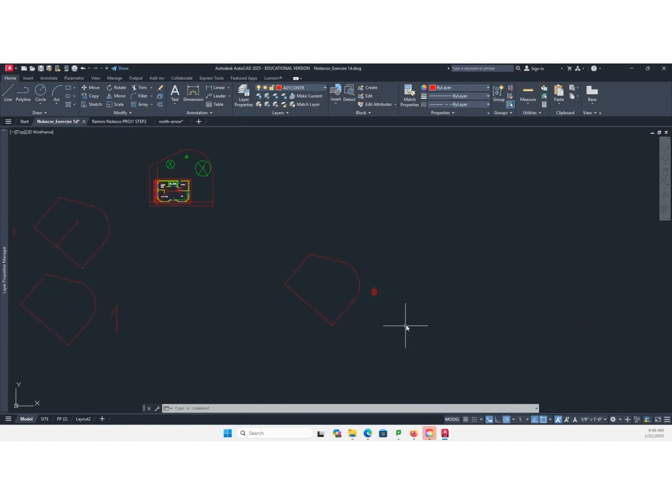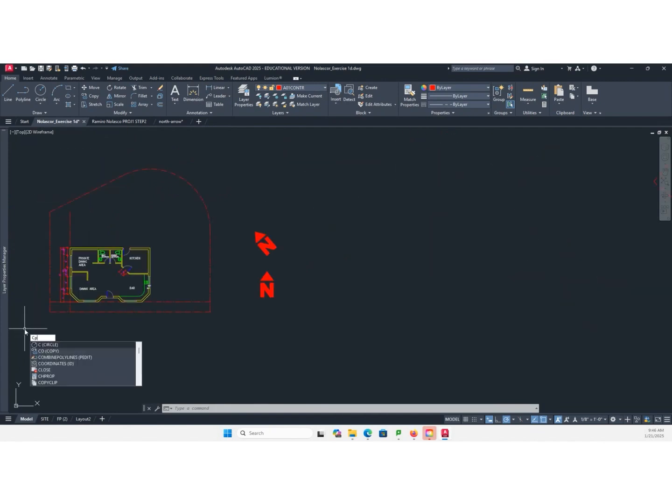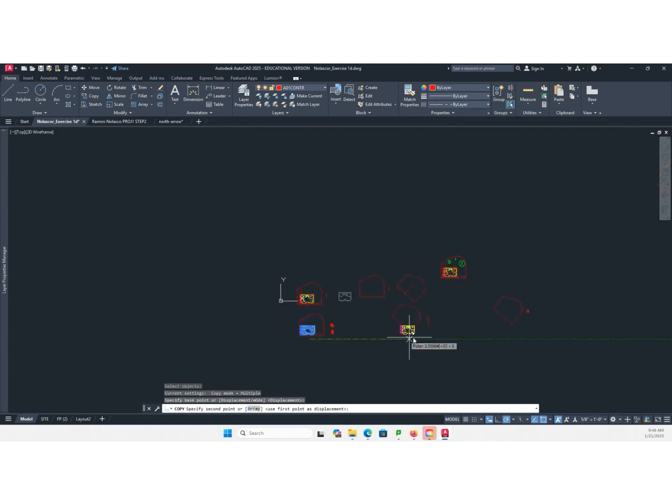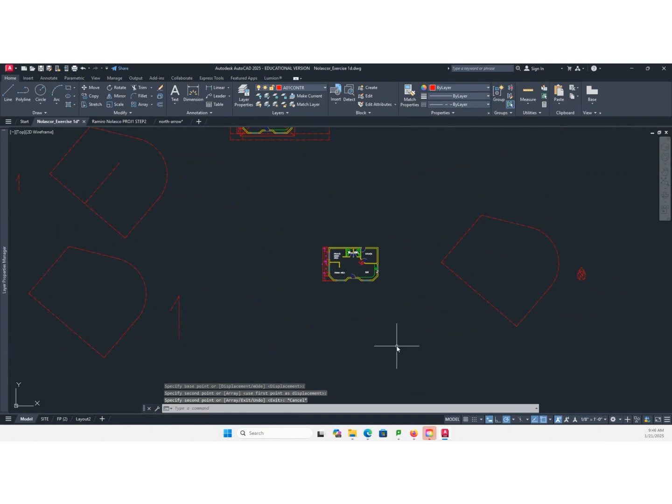Next, once you have done that, I'm just going to copy this. You don't need to do this. Next, when you're drawing, you want your property to be aligned to your building, oriented together along your building.